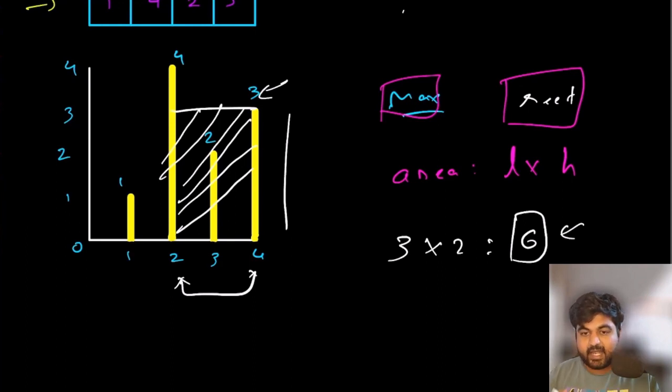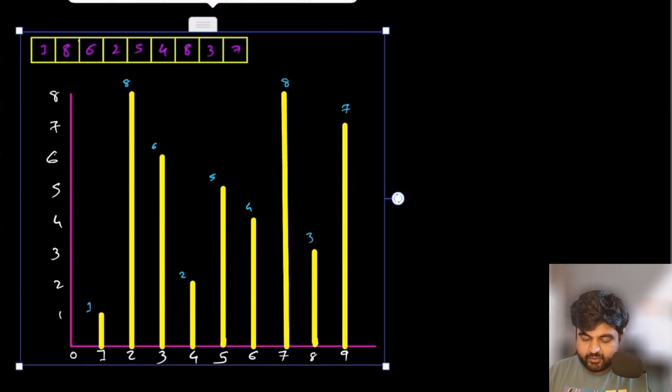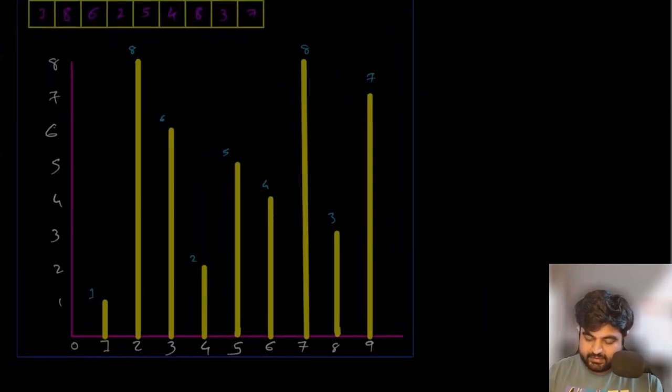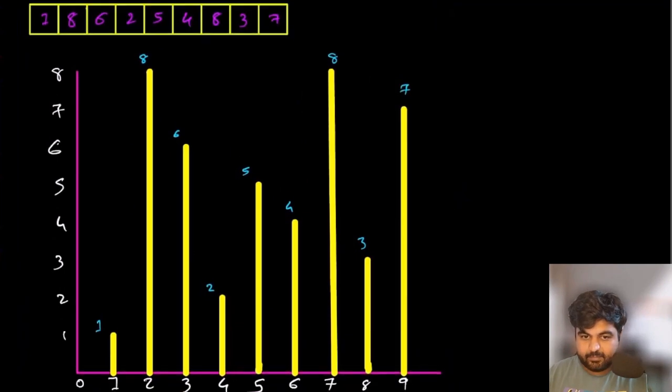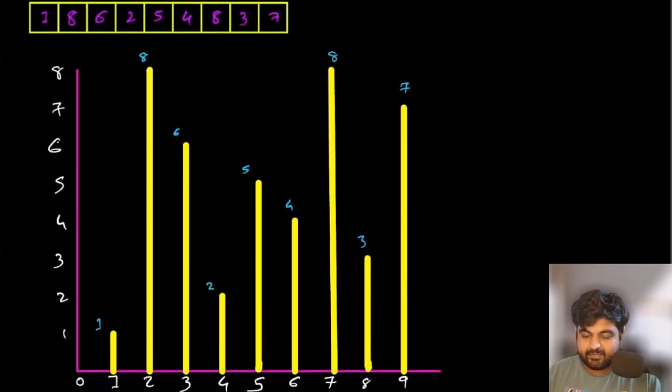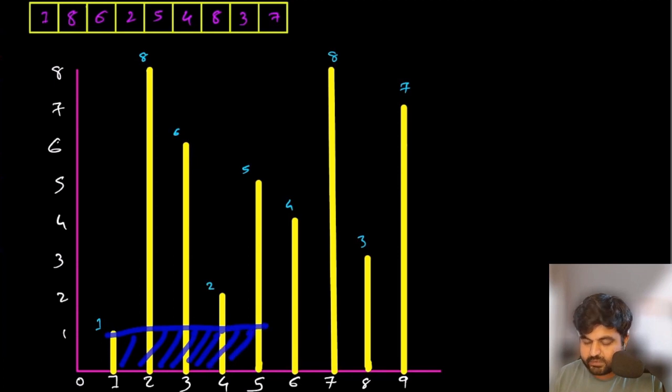So let's try to see what could be different ways to solve this problem and how we can use two pointers to find the optimal solution. And for that, I have actually drawn a much bigger problem, and this is going to help us visualize the problem, and at the same time we would be able to make some interesting observations. So what is going to be the simplest brute force approach? Well, the simplest brute force approach is pretty common: suppose we are making a container using this value, then we see what are the different possibilities of all the containers we can make, and what are going to be the different areas of all of those containers.